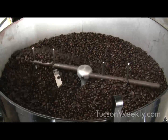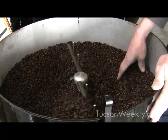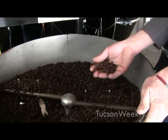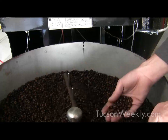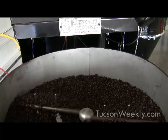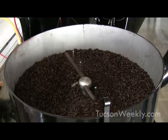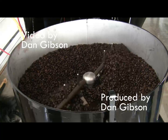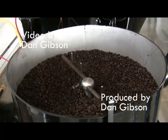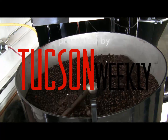Here it's still popping. That's the second pop. But see how it has that kind of velvety look to it? That's what I would describe as velvety. So it takes about 3 minutes to